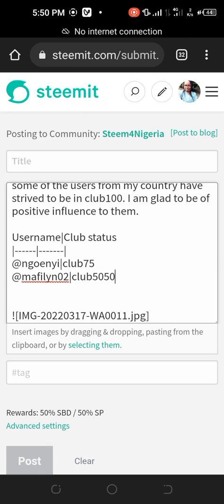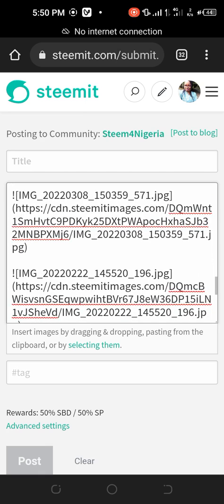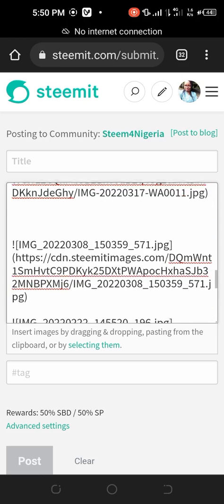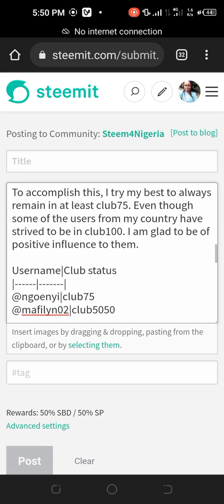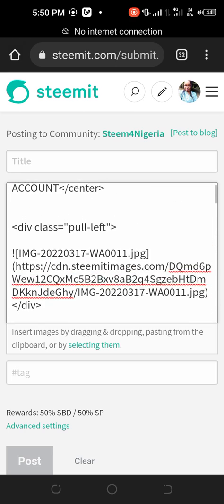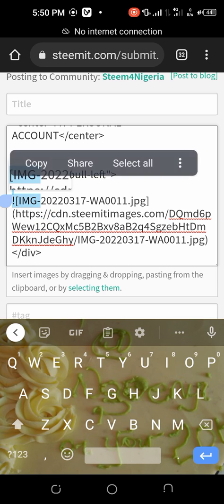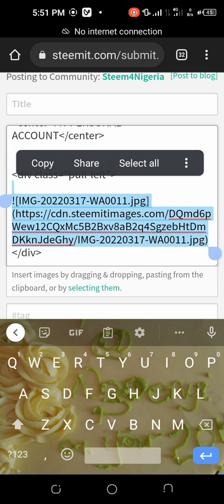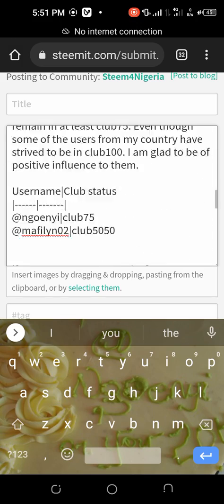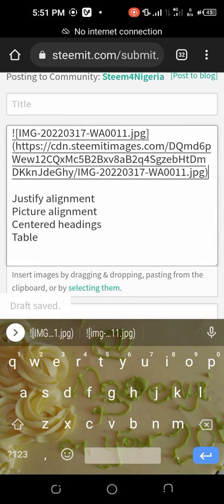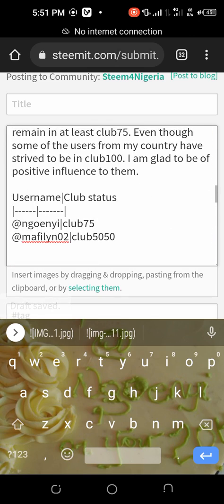Now you can still use the same thing for pictures. Like I've uploaded 2 pictures here. Sometimes you see my pictures when I upload them. I want to copy out this particular picture. I want to make it four pictures. There are three. I want to copy it and join it to these other ones. These things are picture codes. They are all pictures. So for me to use that table